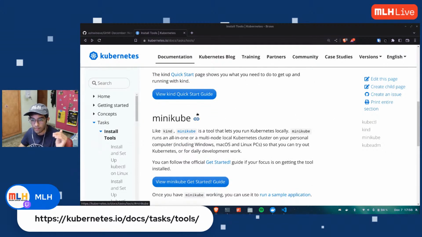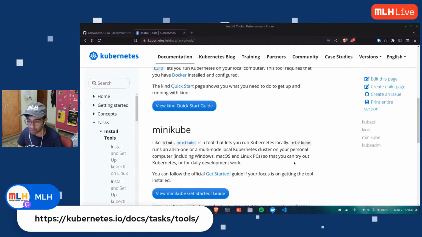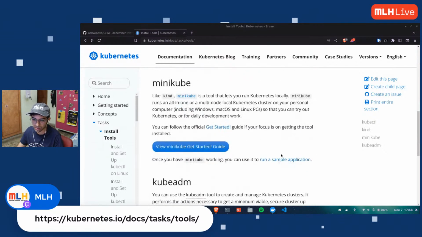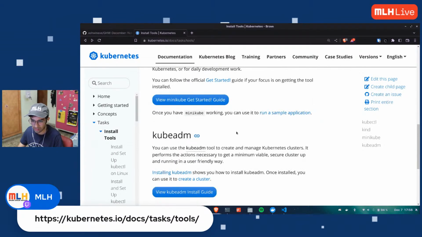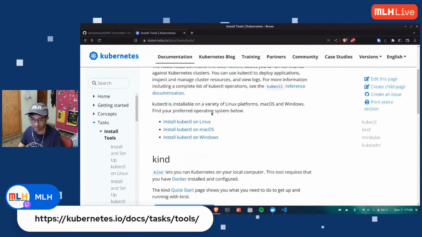That's fine. Minikube is also another tool that allows you to run Kubernetes locally, just like kind. So you can use one of them. You're not bound to install both of them. Minikube is more popular because it has some extra tools, but Minikube is pretty heavy. I prefer kind because it quickly spins up my cluster. Then there's kubeadm, which also does the same thing. So any one of these is fine. kubectl is a must. You need to have kubectl.